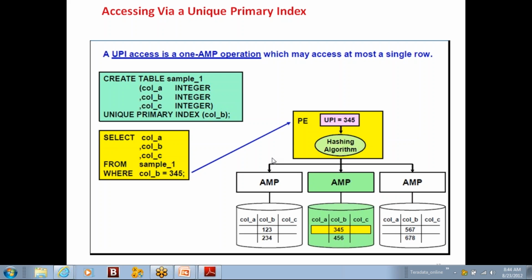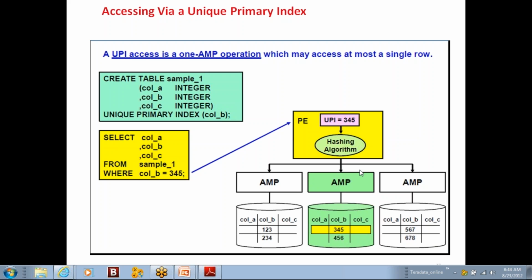That is where they have come up with the concept of no primary index, where the hash algorithm would generate random hash values for each and every incoming record, not based on the primary index values or any column values. It would randomly generate a number, and as per the hash values of that number, it would store the records in AMPs evenly. So it is a random number, so it should be unique, and the distribution of the no primary index table is almost even across all the available amps.